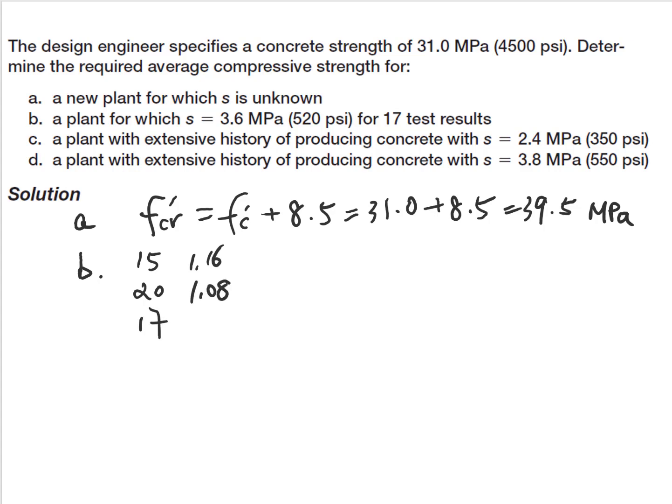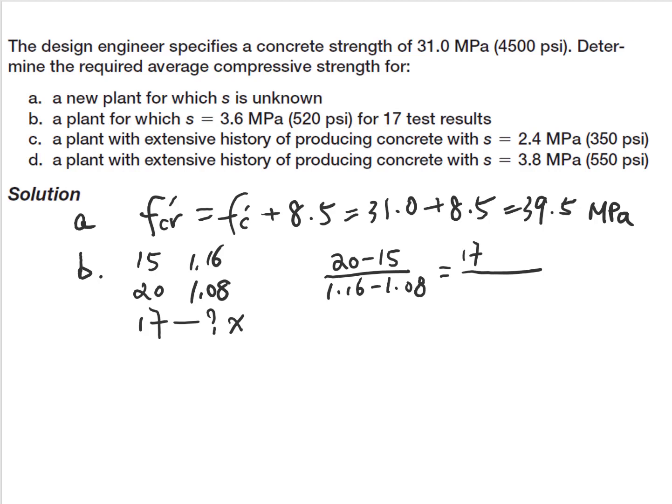So we want to know 17 corresponds to which value. So we have 20 minus 15 over 1.16 minus 1.08 equal to, assume this value is equal to x, then